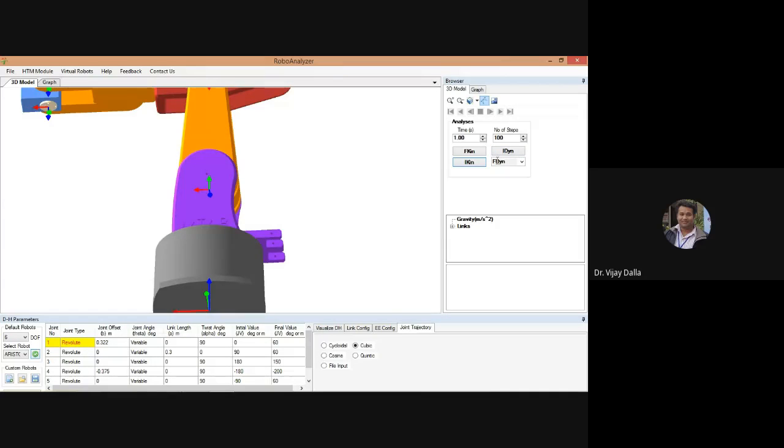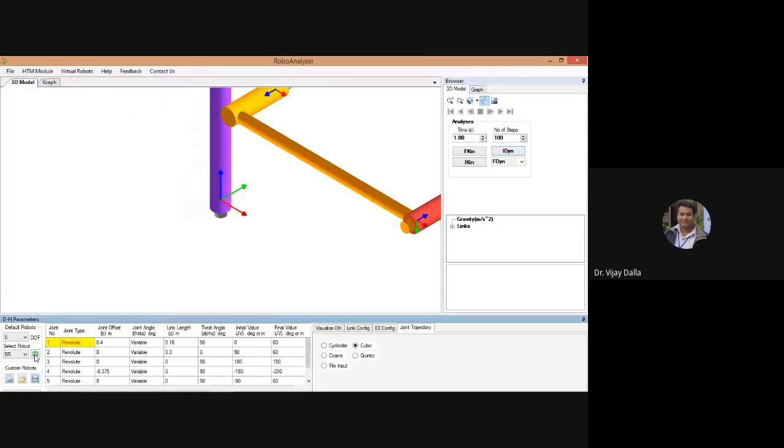Now we want to know forward dynamics. Till now we were talking about, like, for Puma 4 or 5 we want to know. Okay. So forward kinematics we did. Suppose we want to know the inverse dynamics or forward dynamics. Okay. So firstly we need to learn the forward kinematics. Then